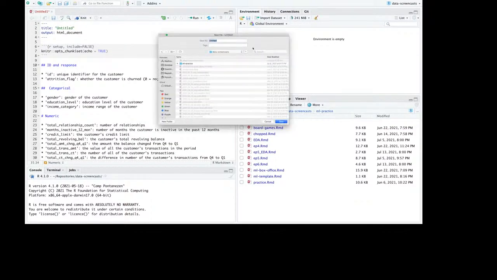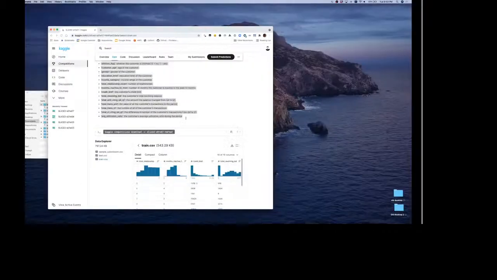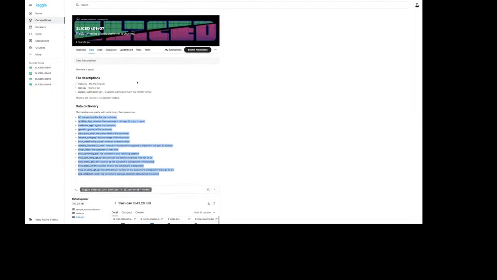The SLICED competition is a great machine learning competition; there should be a link in the show notes. I'm going to be competing against three other contestants to analyze a data set. I just got this data set about 5 minutes ago and I've been exploring it. It looks like it's going to be a really fun day.